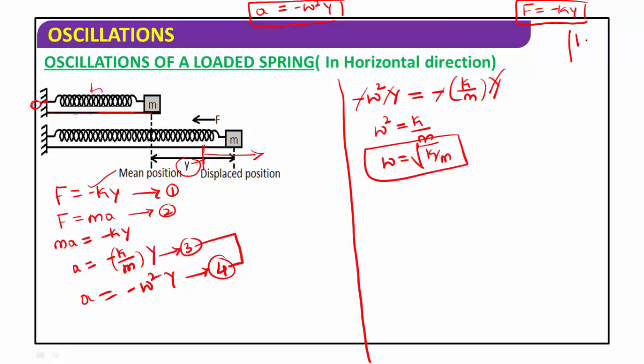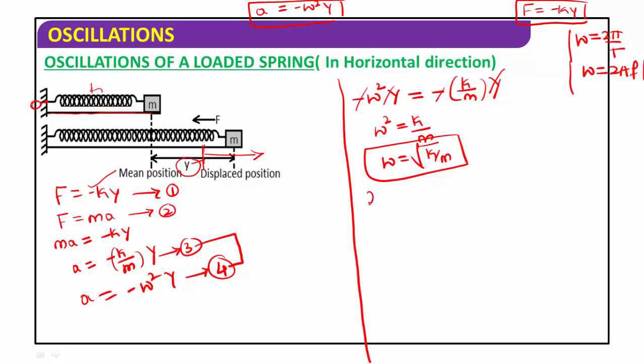But you know the formula for omega, this is the angular velocity. Angular velocity means the rate of change of displacement, 2 pi divided by T. 1 by T is equal to f. Using this value, omega is equal to 2 pi f. This is the angular frequency. Omega is equal to root of k divided by m.